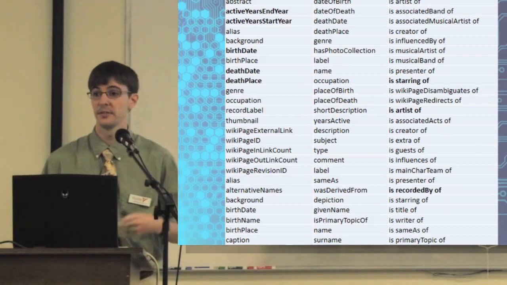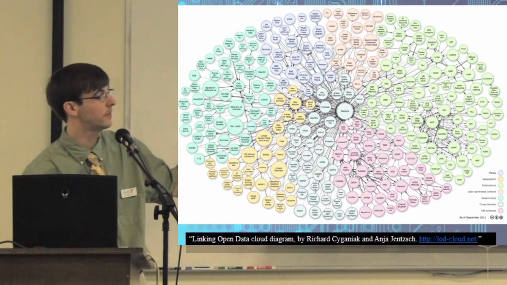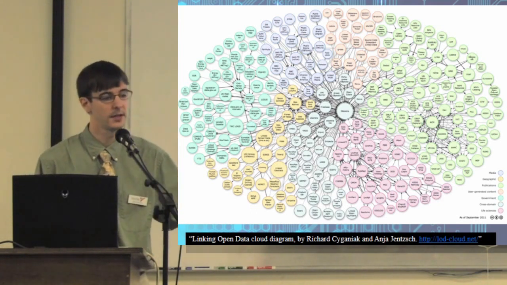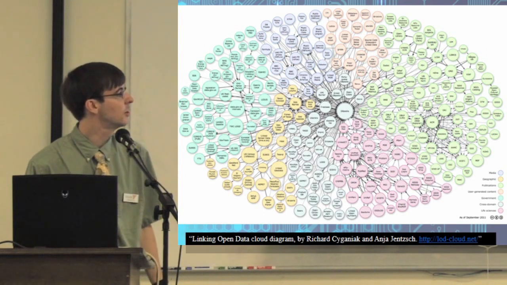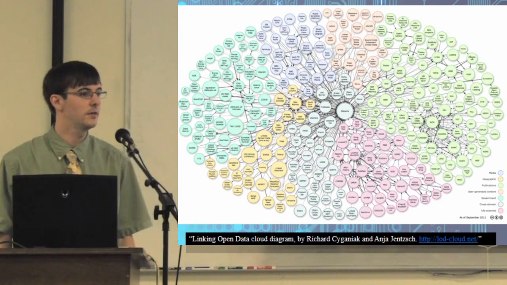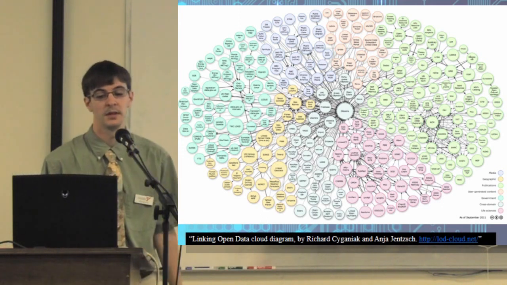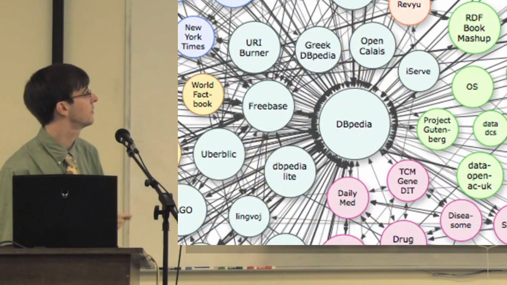So this is a graph of all of the resources as of 2011. So it's an older list of open and accessible data that you can point to to make your data more robust. In the core of that is DBpedia, which is that dump of Wikipedia that I talked about before.